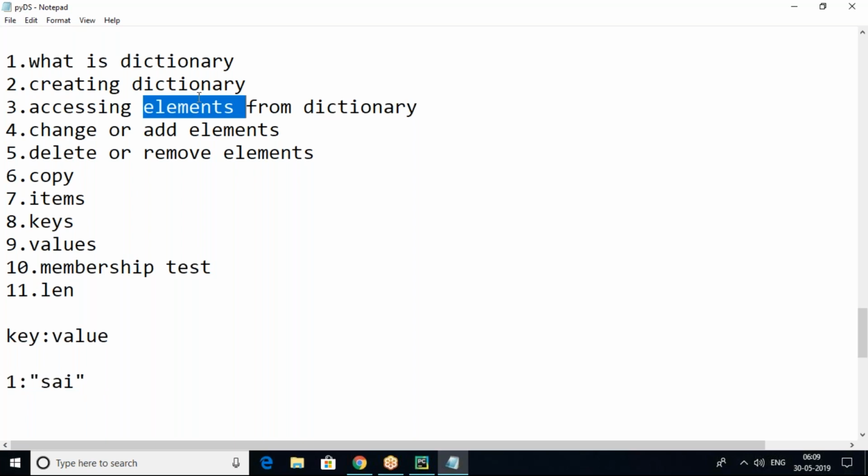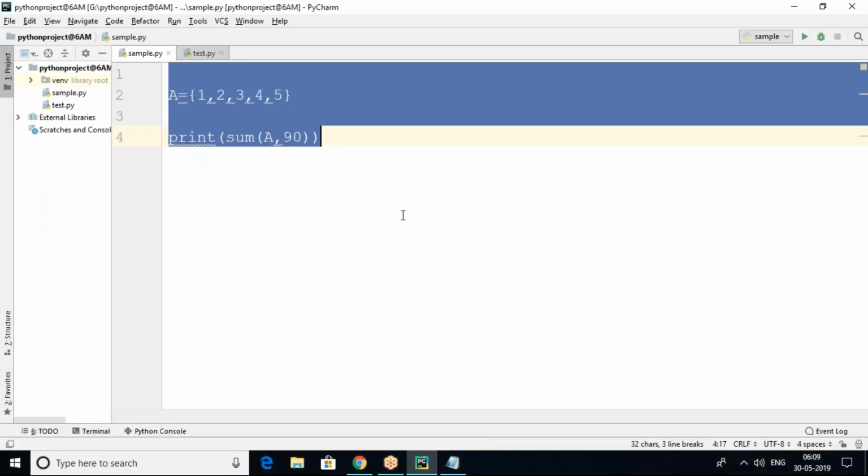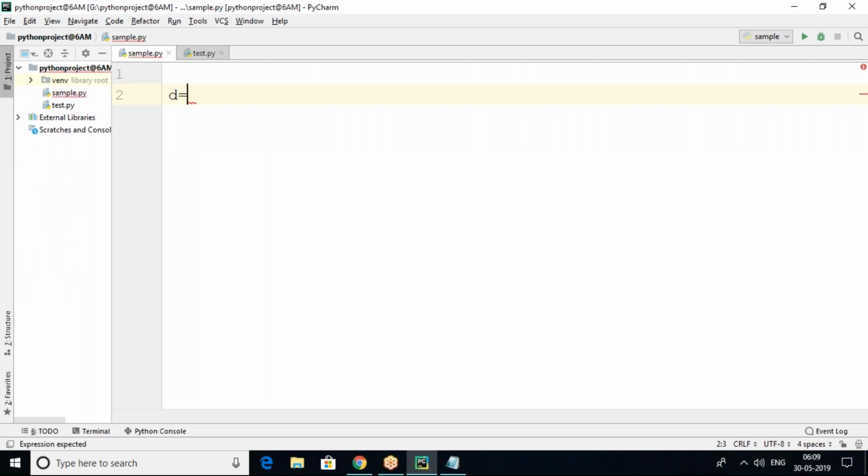So how is it possible to create a dictionary here? Simple. To create a dictionary, we use curly braces, same as a set. So let's try to create one dictionary. Here I'm creating dictionary D equals curly braces: 1 is a key, then the value is this one. Next, 2 is a key, then the value is this one. Next 3.3, a floating key, so the value is this one. A is a key, then the value is this one. So different data type values.